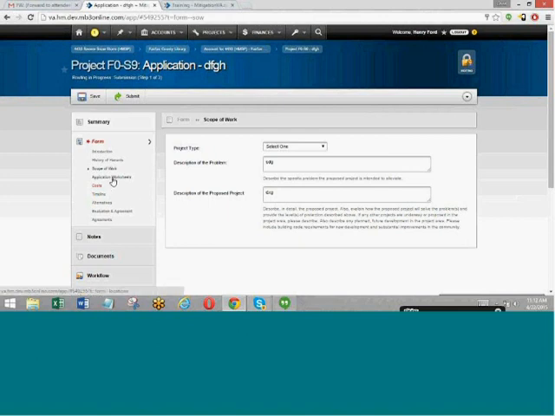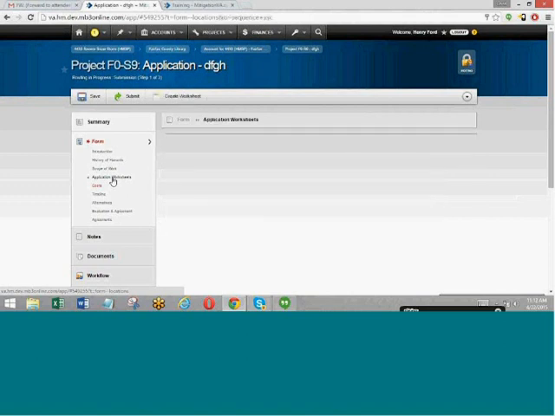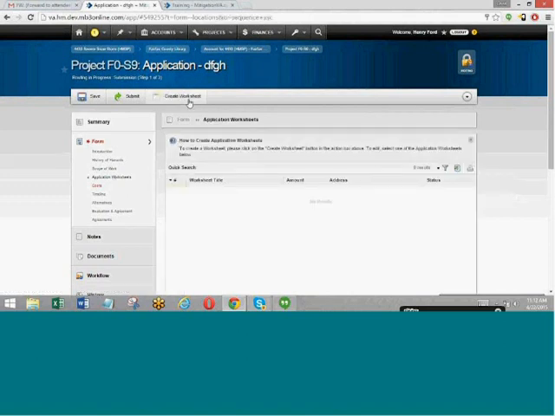Then you can actually add worksheets as well. So from here, you just hit the Create Worksheet button. That will then allow you to go into worksheets. We'll do that in a second.